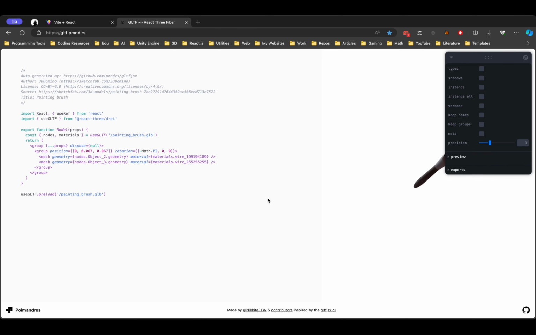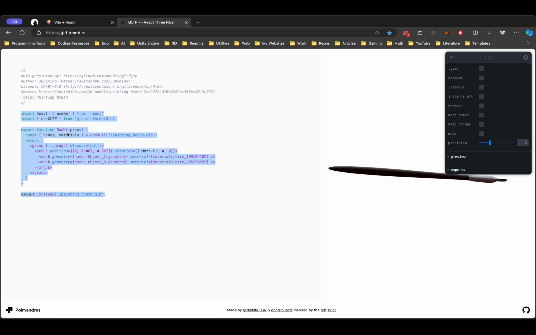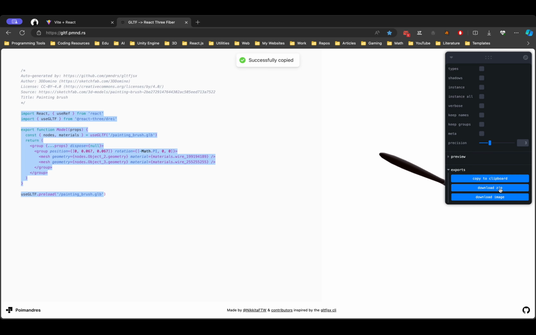Anyway, we get this 10 lines of code, which is a great thing, and we have a simple React component, and we can understand it, and we can work with it. So we are happy. You can copy this to the clipboard, or download the zip, or download the image of the render. So copy,